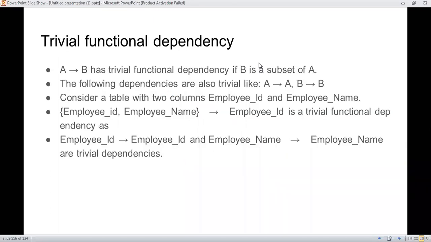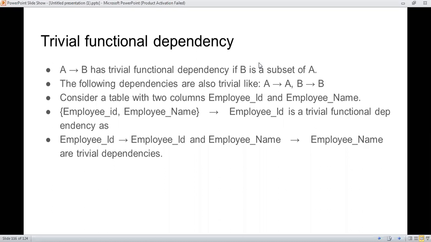If A implies B is a trivial functional dependency, then B is a subset of A. Suppose there are two attributes from a single table, then we can say A is trivially dependent when B is a subset of A.